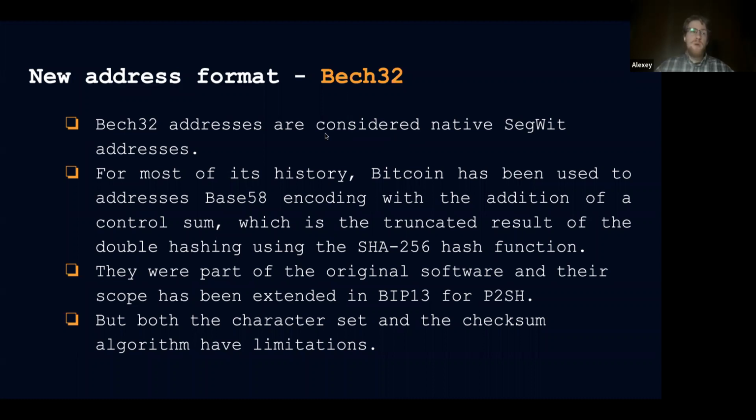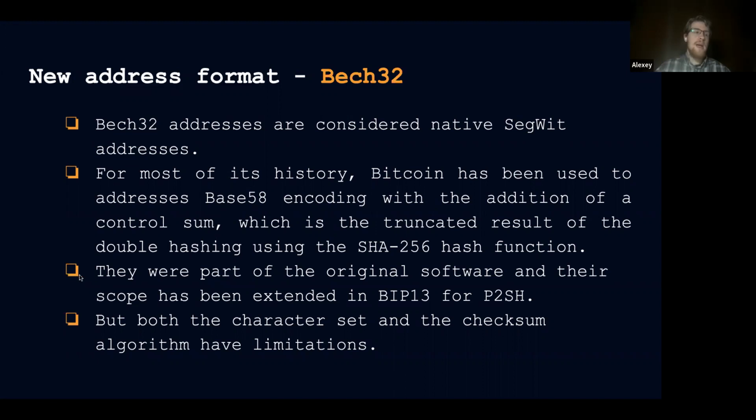So what else do we have to know about this format? Bech32 addresses are considered to be native segregated witness addresses because they are tightly associated with this update. For most of its history, Bitcoin has been using base 58 encoding with the addition of the control sum, which, as we know already, is the truncated result of the double hashing. And both of these,